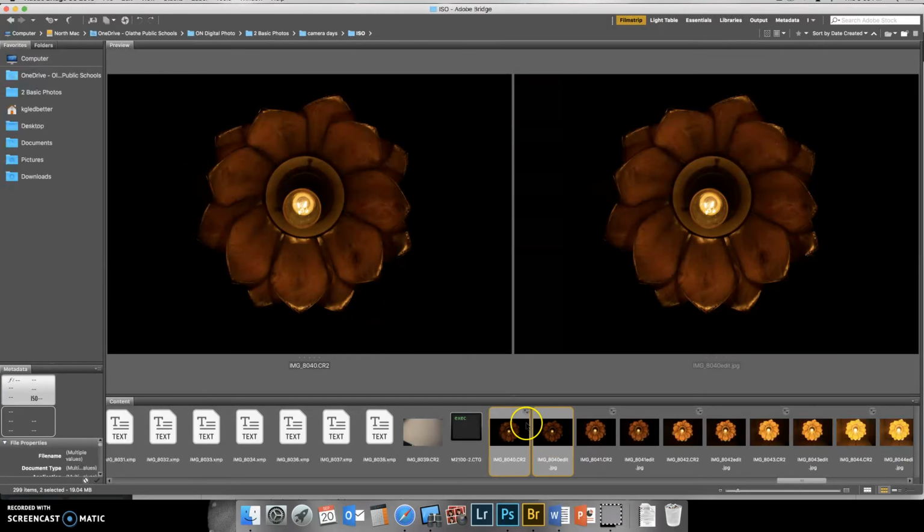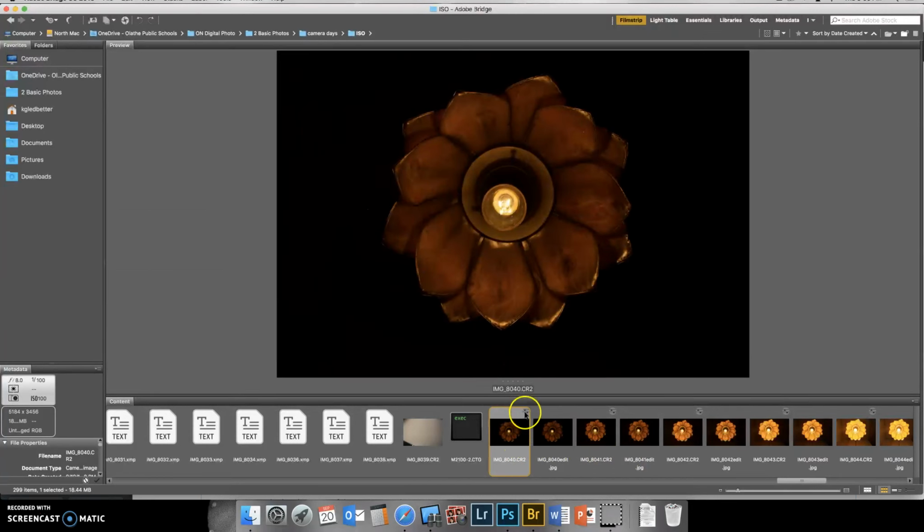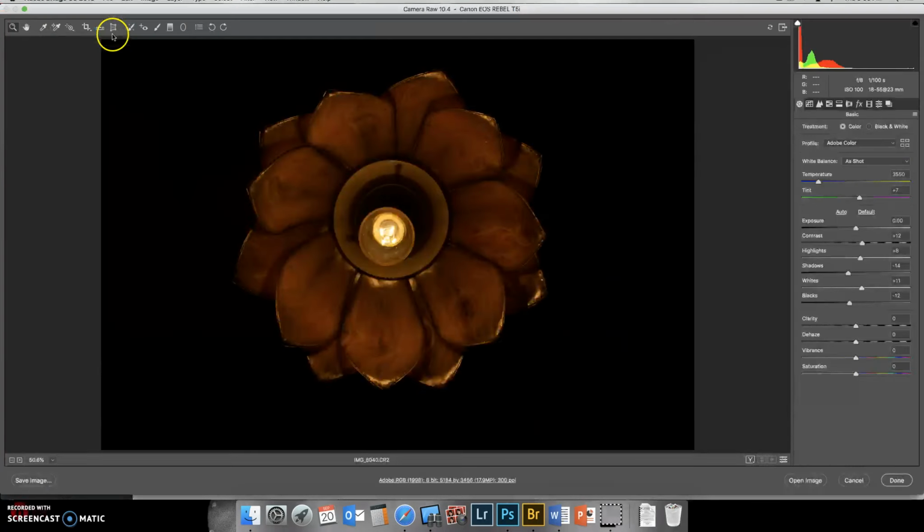And you'll always know which one is which, because your original with the Camera Raw edit on top will have this little icon. Your saved image with your edit will actually say edit. Okay, so that's the difference. And so if you click on just this image, your Camera Raw version of this, you can go ahead and open it back up into Camera Raw,